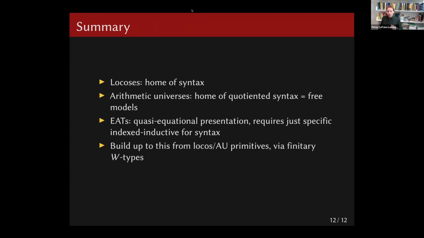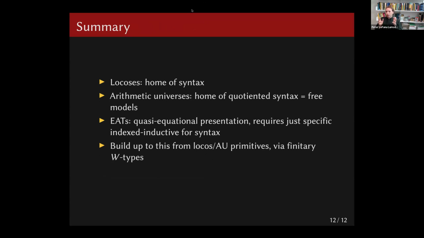So just to look back and summarize, locoses and arithmetic universes are the home of the plain syntax and derivations and so on, and then the quotiented version, which can be nicely described as free models of theories. Then essentially algebraic theories are a good notion of syntax. You've got quasi-equational presentation,